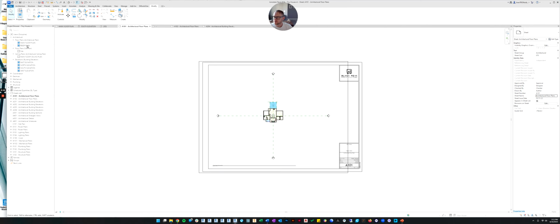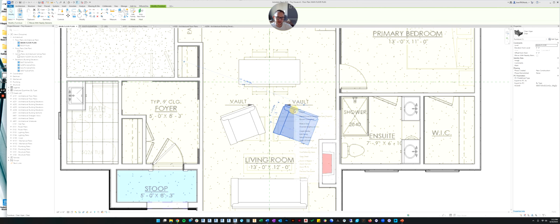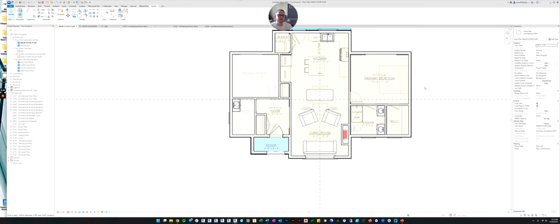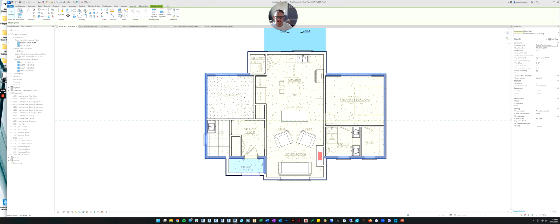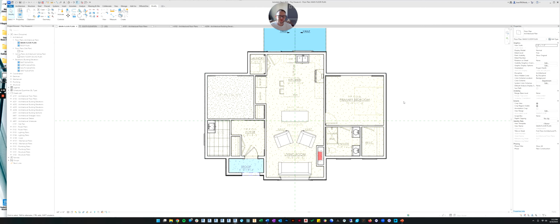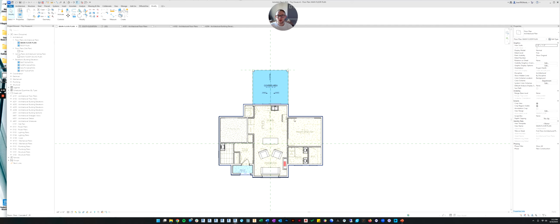That goes for anything. If you go to this view and you click on this and then right click and select all instances visible in view, it'll select the other chair. It'll select everything that's that type. Same with the walls. Select all instances visible in the view. See how it checked all of the walls that have that horizontal lap siding. So if I wanted to make a change to all of those all at once, I could. So that's a handy trick as you're editing. Okay, that's all you need to know for editing a title block, and good luck.